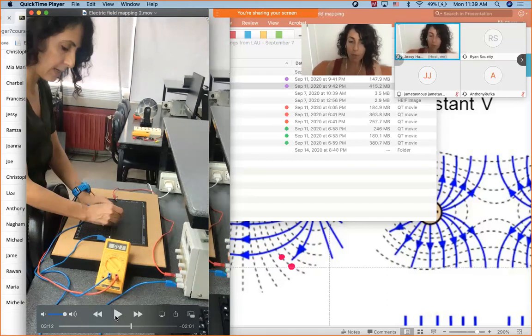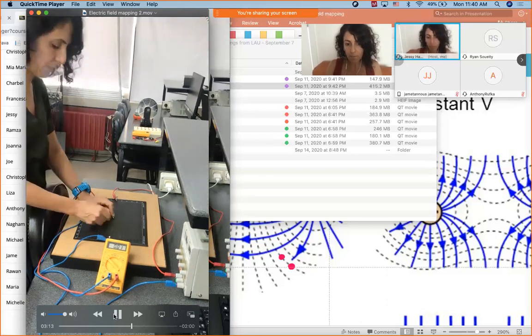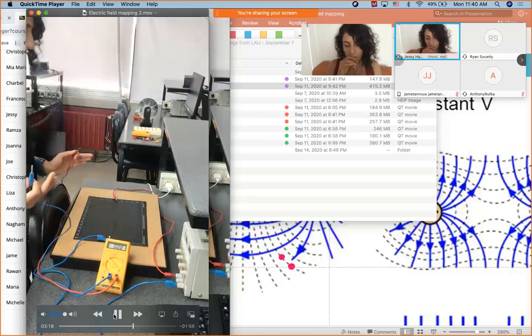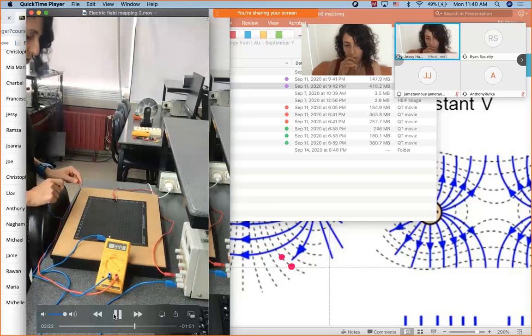So my job is every time I find a 0, I should mark on the other paper my 0 before I trace my equipotential line. So as you can see, I'm gonna find all the zeros and mark them on a different paper where I can see the coordinates. It will be a duplicate of this conductor paper. Done with my first line.